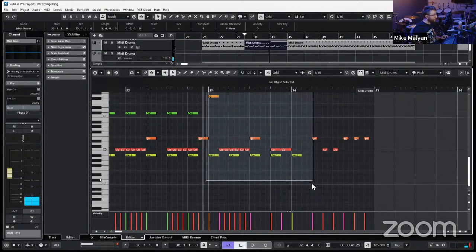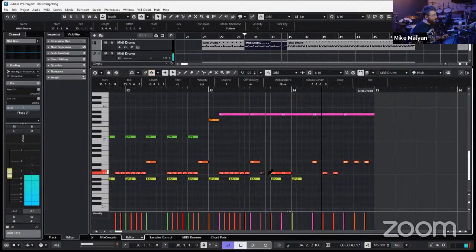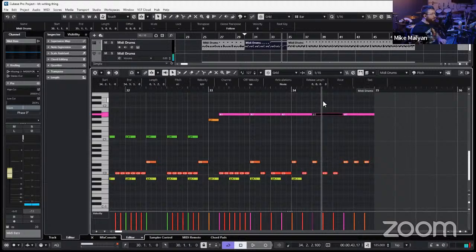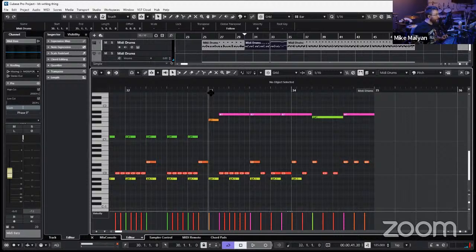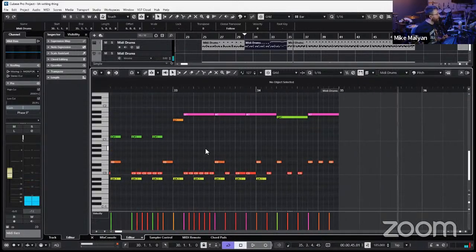Now we can bridge this a bit better. So I would maybe just use a couple of tricks to focus on what the snare feels like. I suppose so that